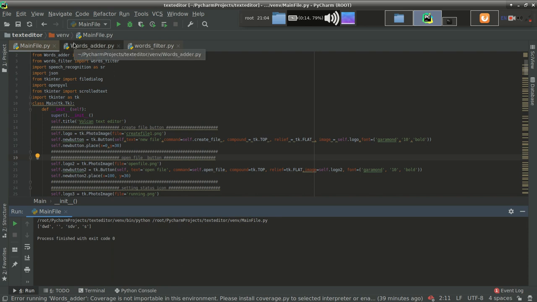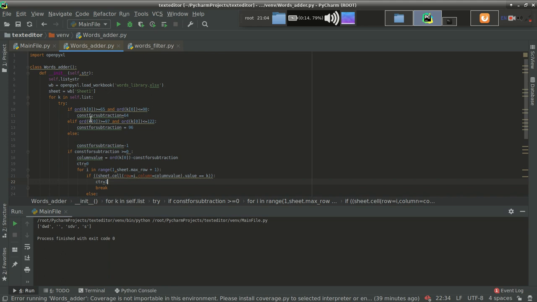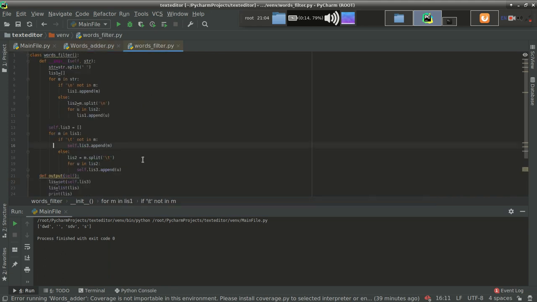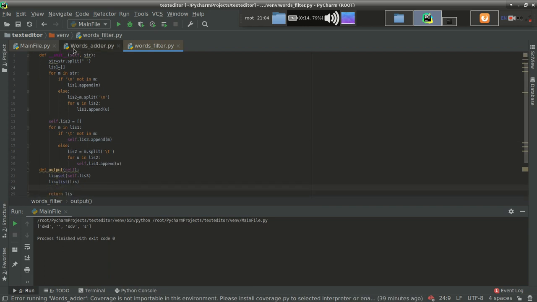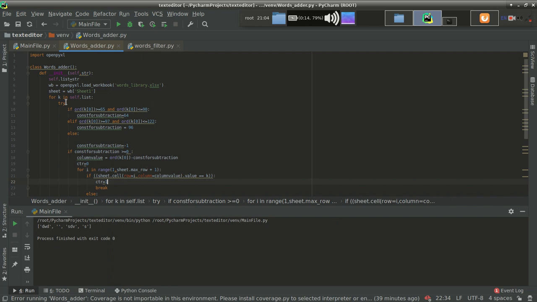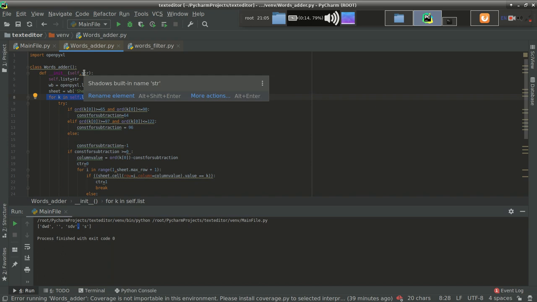So let's add these words in words filter. Words filter will now return a list, not a string. Now it will be fine. For k in self dot list means now I'll traverse each word in the list. First I'll traverse dwd, then the empty space, then I'll go for sdw, using this syntax for k in self dot list. You can simply watch this from here. Here string is a list and self dot list is equal to this given list. So everything is fine. Let's verify the result.